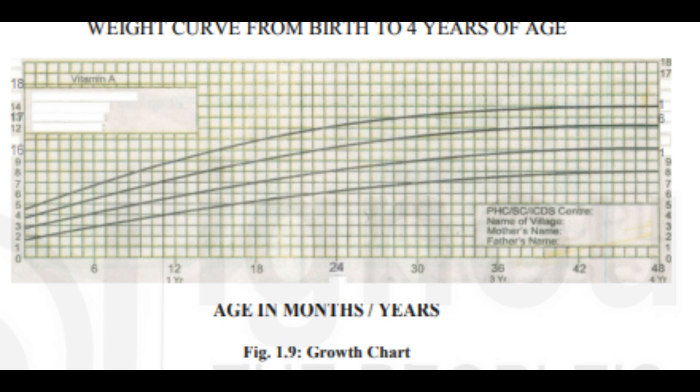1.5 Growth and Development Recording. Once you have reviewed how to assess and monitor growth and development of children of various age groups, you should be able to record the same accurately so that you can accurately assess the nutritional status of the child. This is done in growth charts. Now we shall see what these growth charts are.